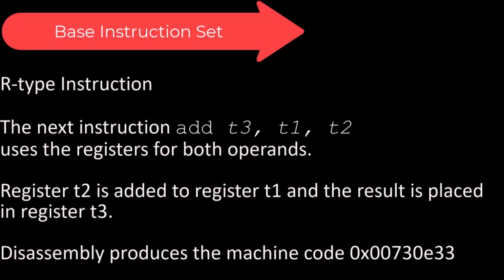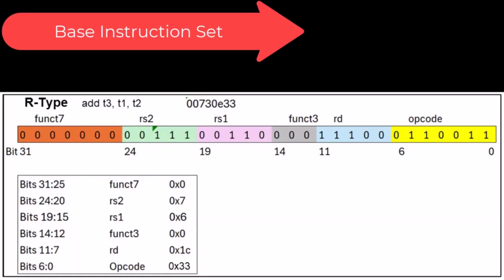R-type instruction. The next instruction, add T3, T1, T2 is an R-type instruction as it uses the registers for both operands. Register T2 is added to register T1 and the result is placed in register T3. Disassembling the instruction produces the machine code hexadecimal 00730E33. The field breakdown is